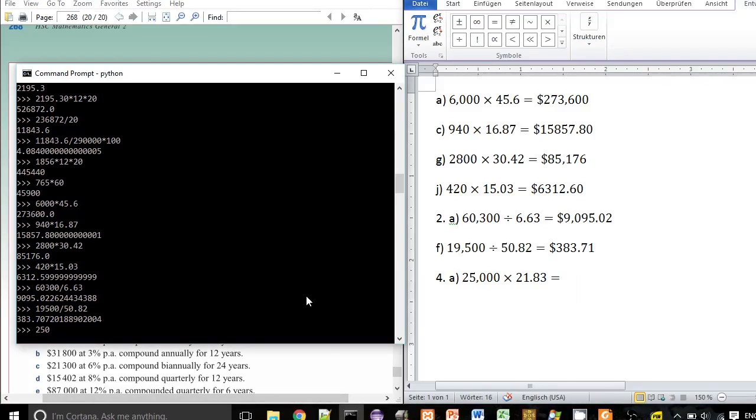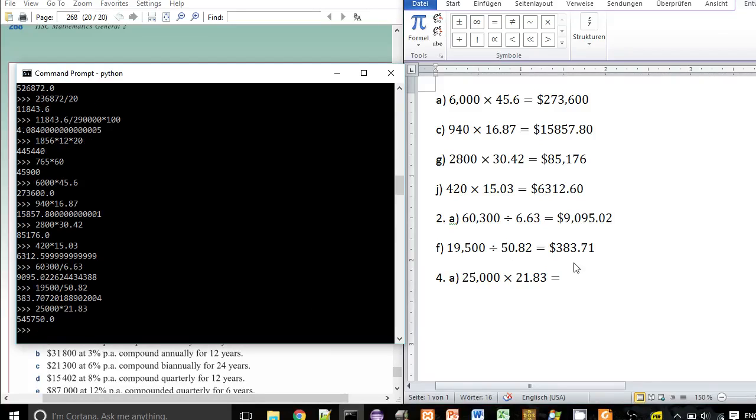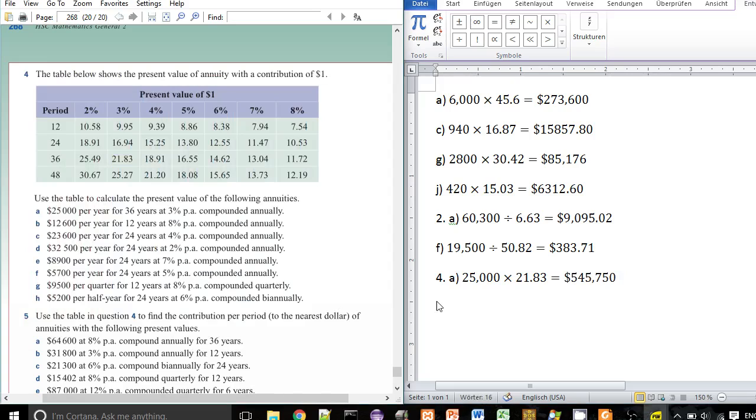Why did I put a comma? Not for typing. 545. 750. So just to make sure it really sits with you, if you invest 25,000 every year for 36 years